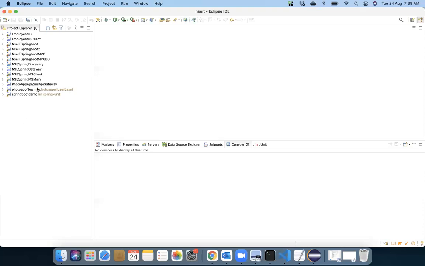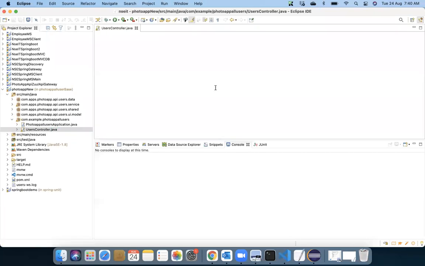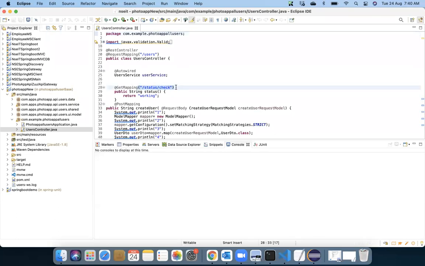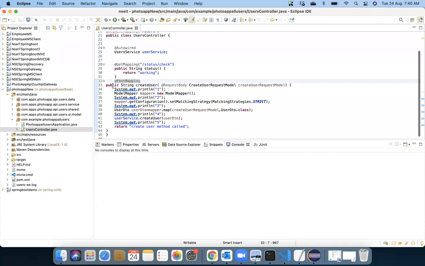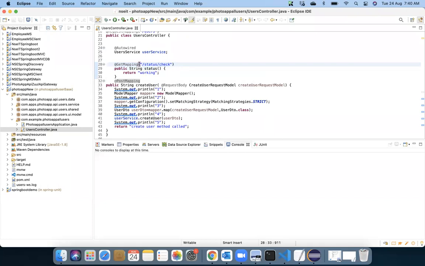See, the first enhancement is in your current project. We are trying to secure all our URLs. Right now, in your Spring Photo App Users, the URLs through which we are communicating, if I open up this controller, which is the user controller, how many URLs do we have? Two. One is called status check and the second is the post mapping. One for insert, another for retrieval. These two are very much accessible from anywhere.